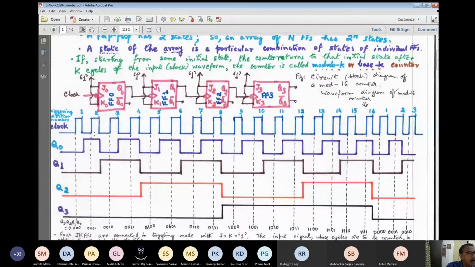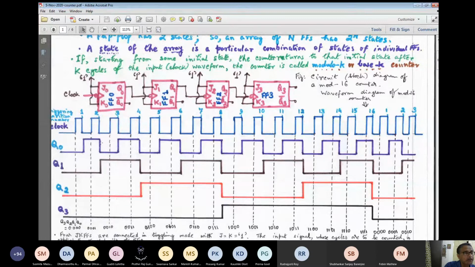Here you see I have numbered the triggering transitions. This one means this is the first active edge, then the second active edge. So prior to the second active edge, when you are getting a 0 to 1 transition or a rising edge, if you read the state of the counter by reading the state of flip-flop FF3 first, followed by FF2, then FF1, then FF0, what we get is 0, 0, 0, 1. That means only the rightmost flip-flop is in set state, in high state. The remaining 3 are in clear state. So that's why we can read it as 0, 0, 0, 1.